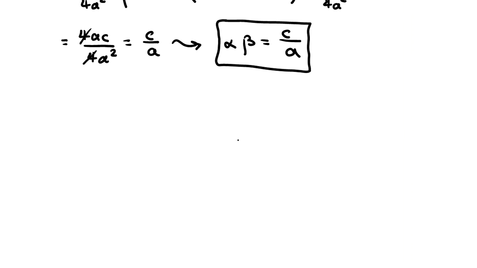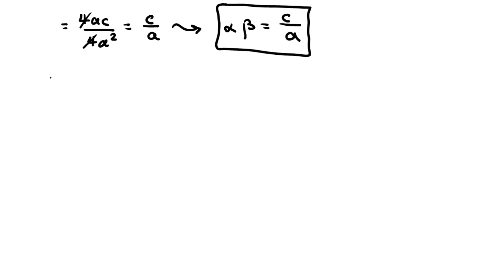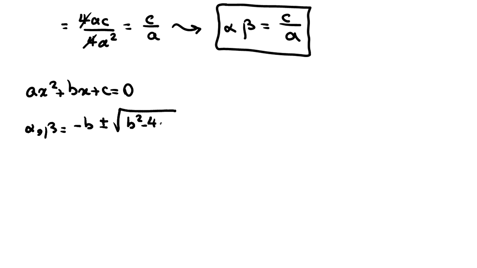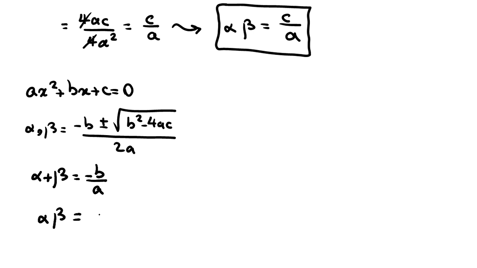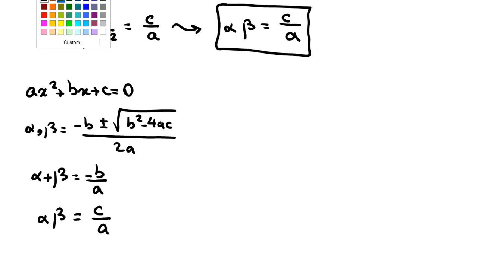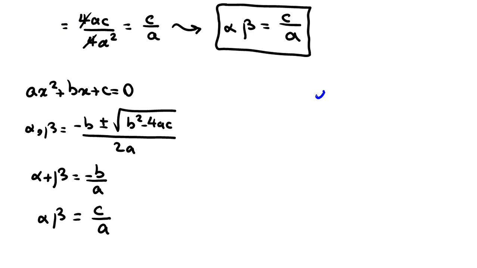So here, let's summarize all things. We've reached ax squared plus bx plus c equal to 0. Roots alpha and beta equal negative b plus minus root b squared minus 4ac over 2a. Alpha plus beta equals negative b over a. Alpha times beta equals c over a. Now the last thing I want to say: sometimes in a problem they tell you that, for example, alpha, some